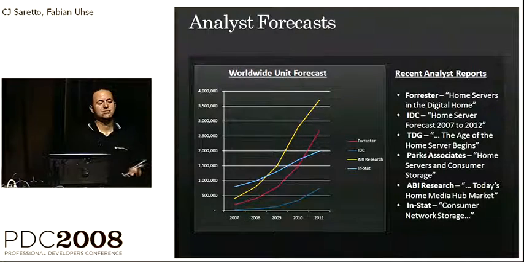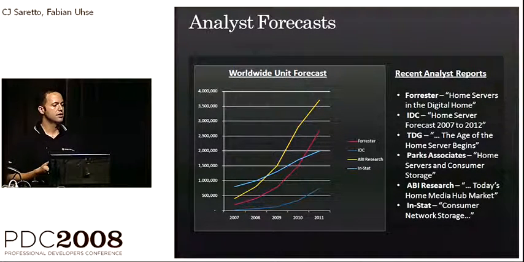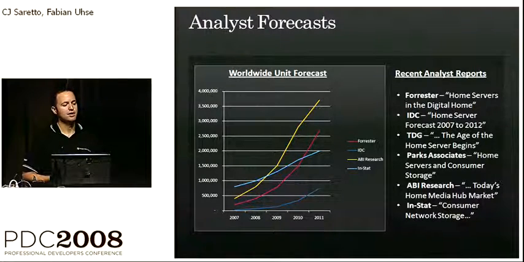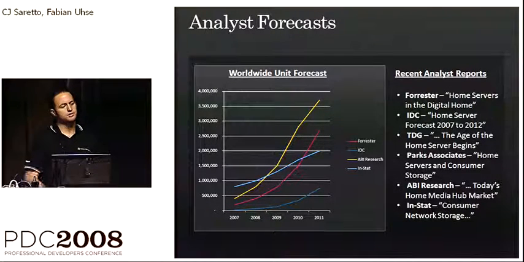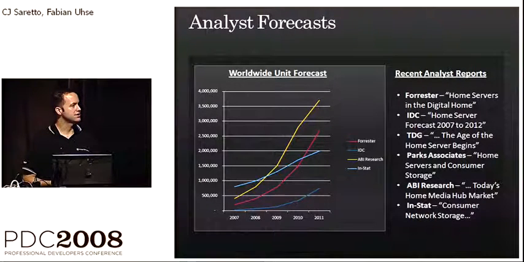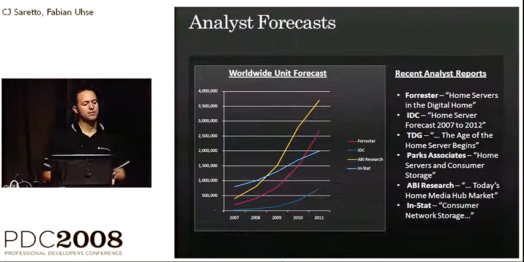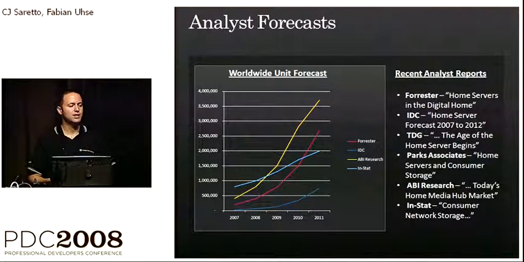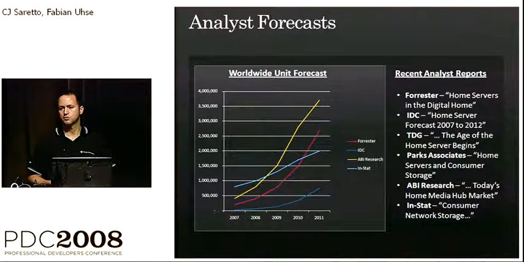Now, I said 60+ million possible homes, broadband-connected multi-PC homes today. We see a lot of potential for Windows Home Server. This slide just gives you a really quick view of how analysts see home servers in the market. You can look at the data. It's all a bunch of hockey sticks. But analysts generally agree that by 2010, we're going to break the 1 million home server mark.